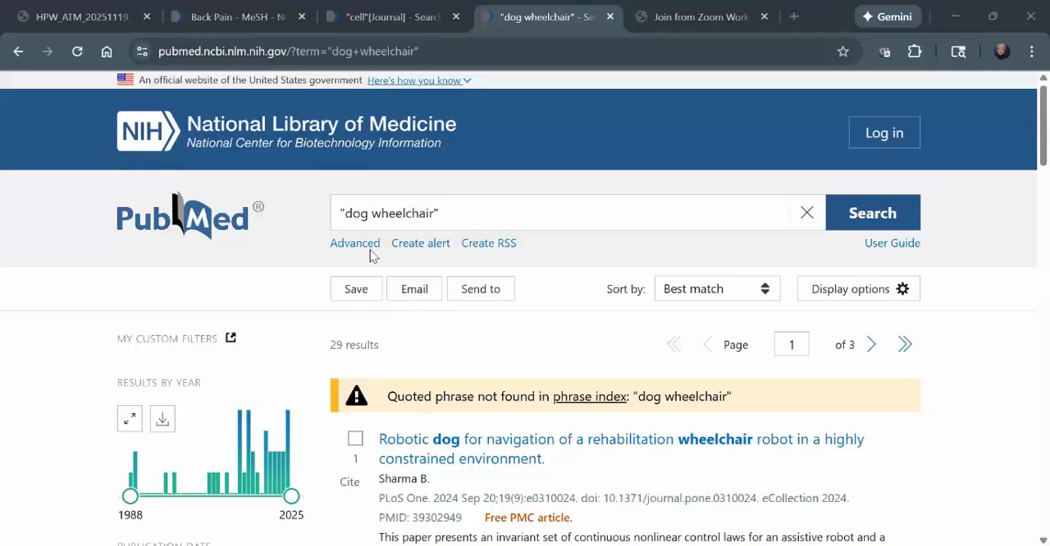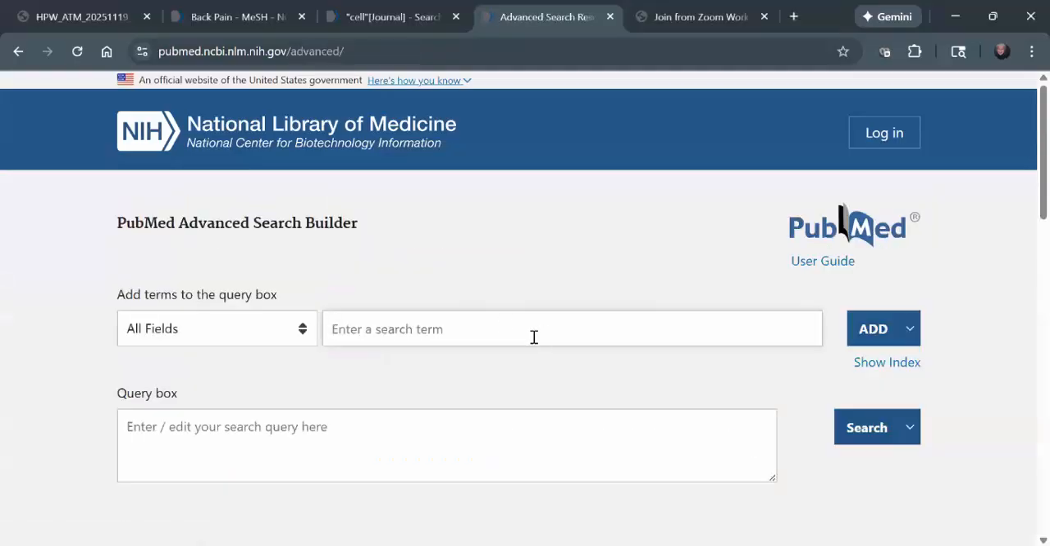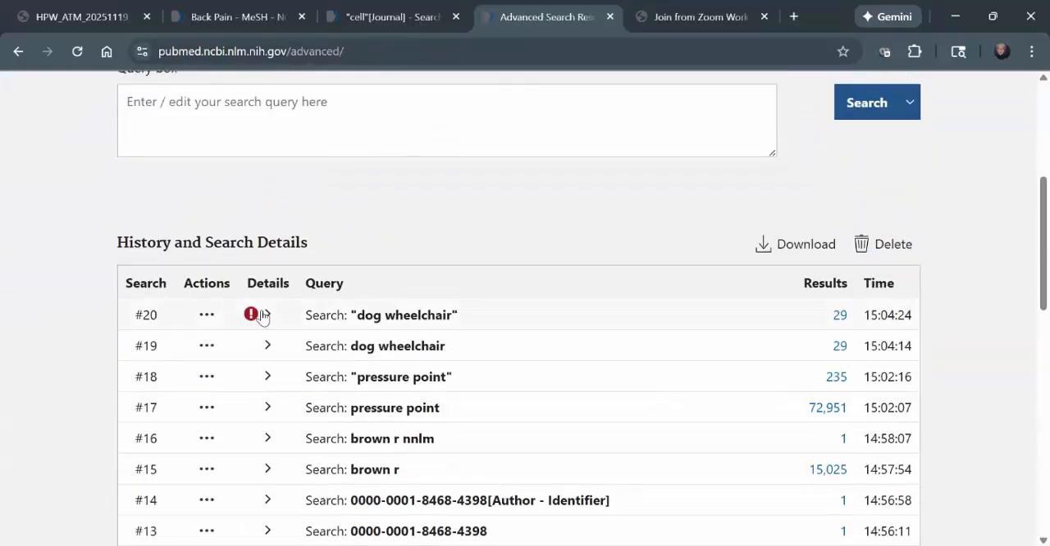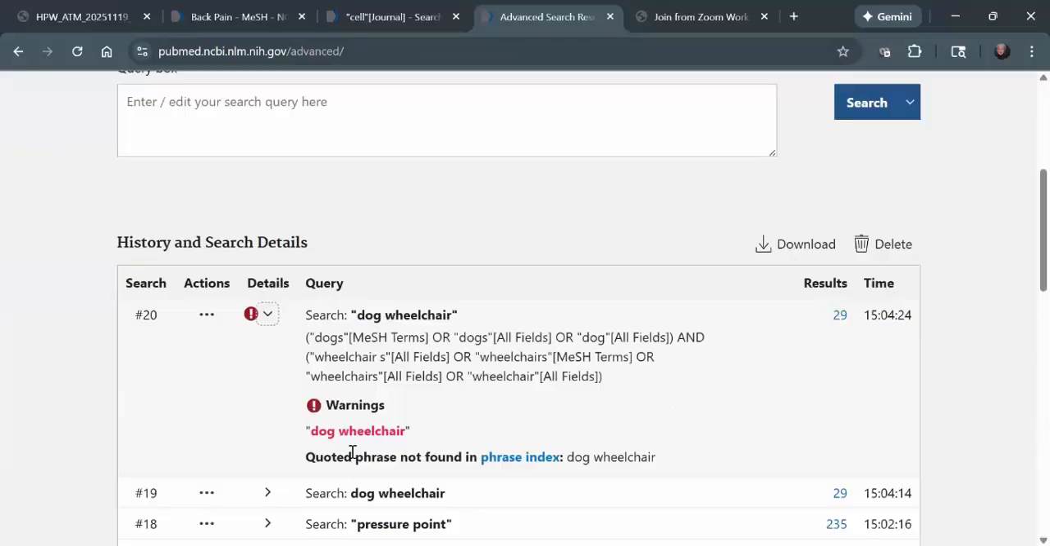Okay, so let's take a look again at our search details to find out what happened. And we have an exclamation point here. Quoted phrase not found in the phrase index. This did not work the same way as pressure point did because dog wheelchair is not an indexed phrase in PubMed. So what do I mean by that? Well, PubMed handles phrases differently than other databases. PubMed maintains a phrase index, or a list of phrases that appear frequently in biomedical literature,